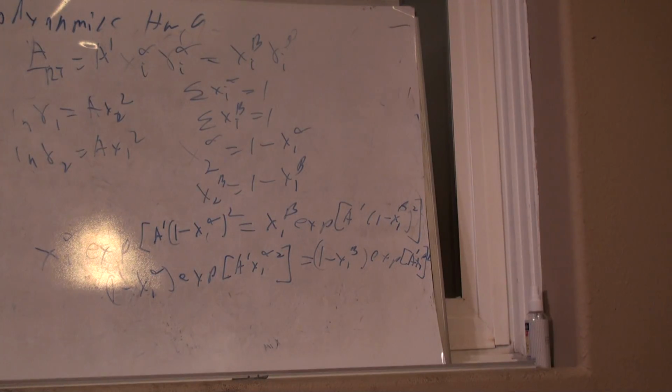Well, I know basically T and P. That allows me to get A, but I don't really know x in any context. So maybe what I'm going to do is just assume x1